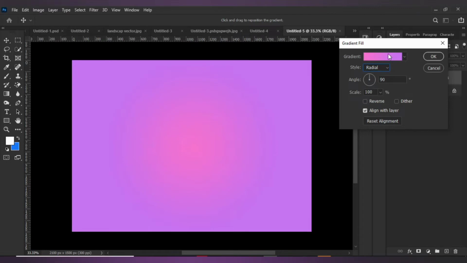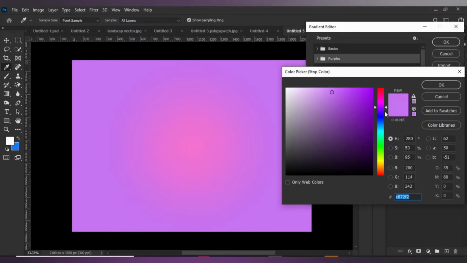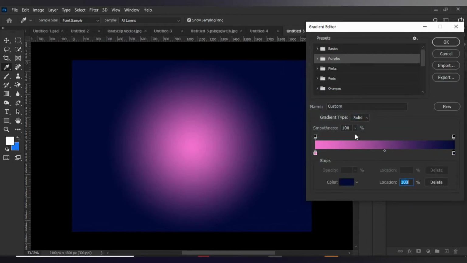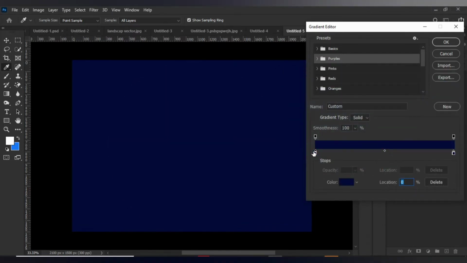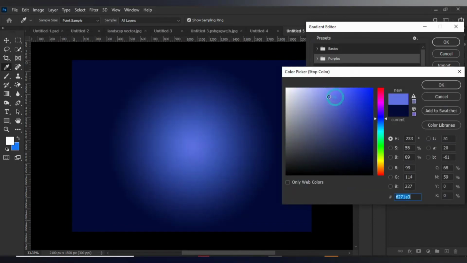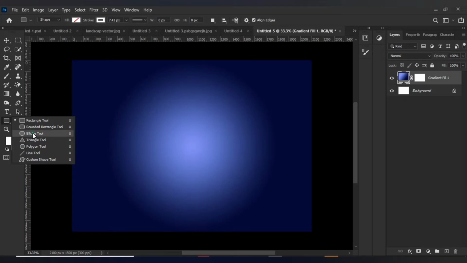Change style to radial and edit the colors of the gradient. For the outer gradient, I'll be choosing a darker blue, while for the inner gradient, I'll be choosing a lighter blue. So these will work as a glow for the skyline. Click OK. The next step is to go to the tools bar, select the ellipse tool, drag it over and